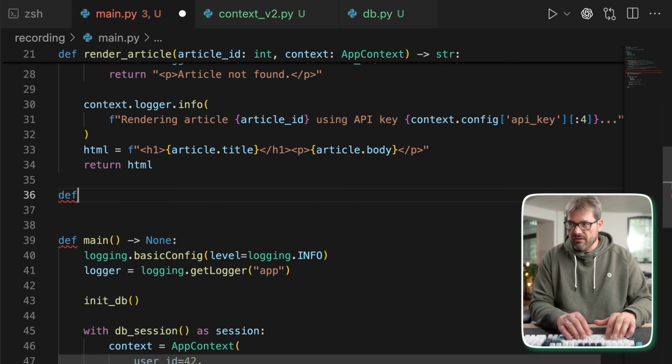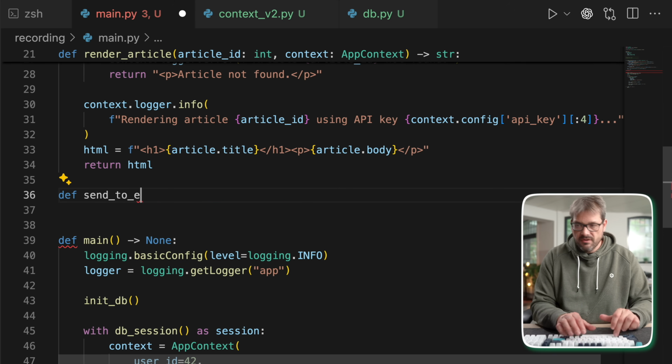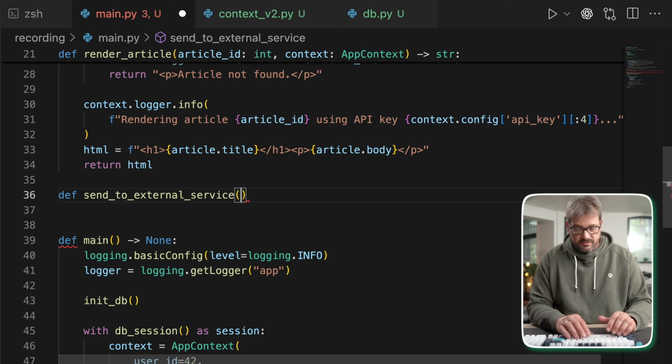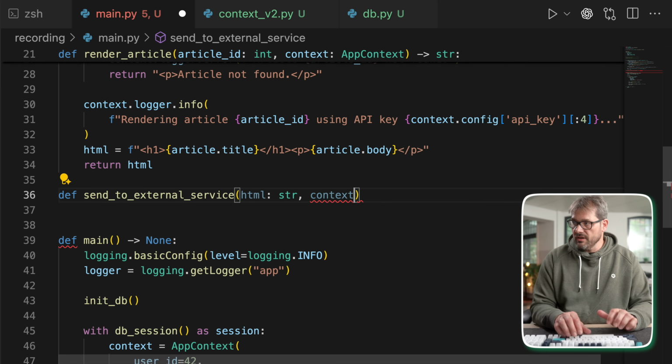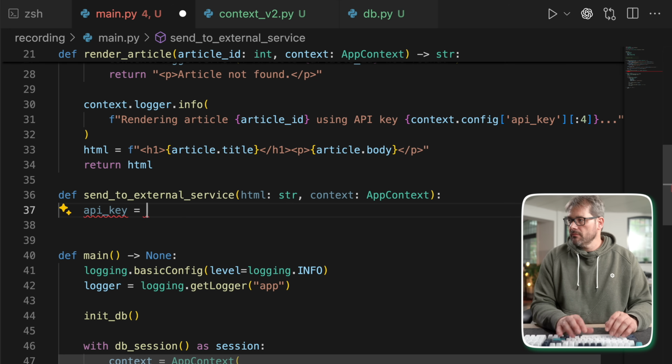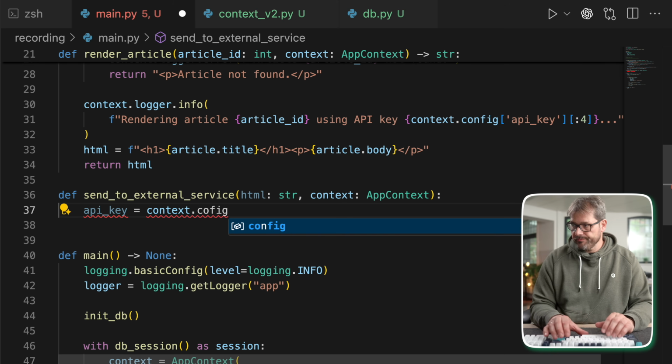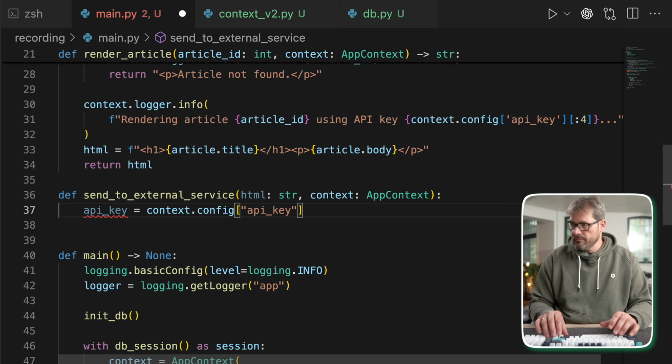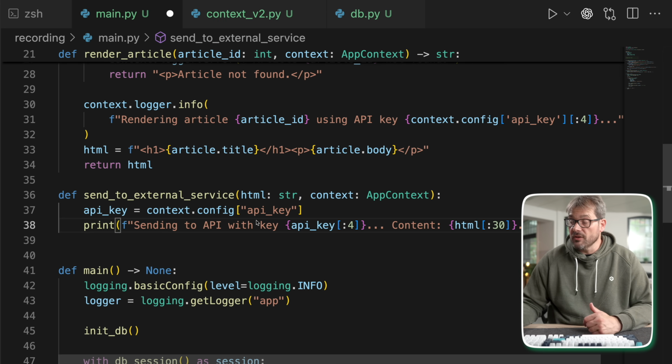So let's say we have a send_to_external_service and we want to send the HTML, and again we have the context, like so. Let's first extract the API key